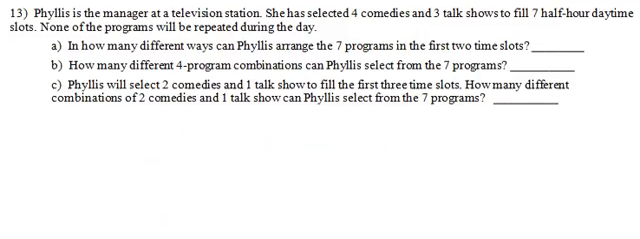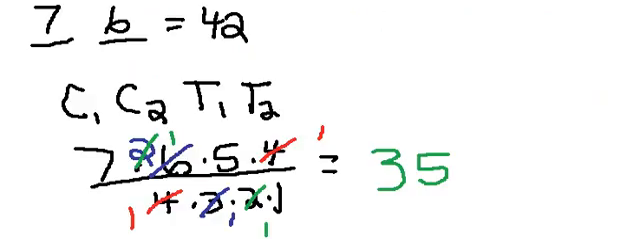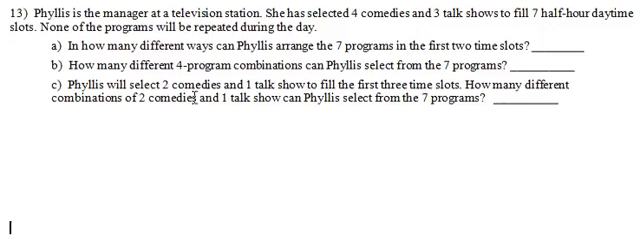That's part B. Part C says Phyllis will select 2 comedies and 1 talk show to fill the first 3 time slots. How many different combinations of 2 comedies and 1 talk show can Phyllis select from the 7 programs? We got 2 comedies, 1 talk show. Well, let's go back. Here, I'm going to clear this. I have 2 comedies, 1 talk show. 2 comedies, we'll label this comedy,